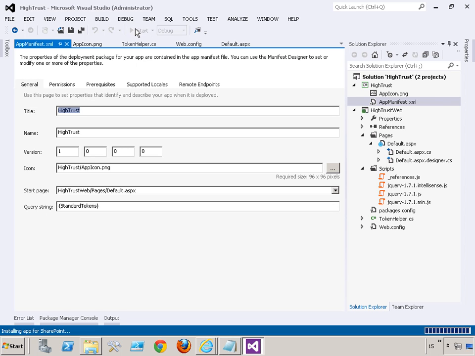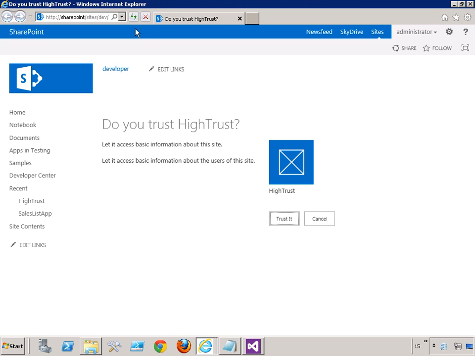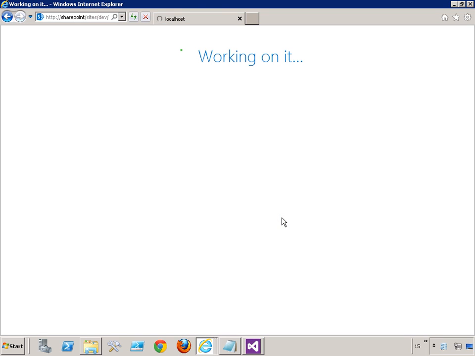And it's going to install the app for SharePoint. And then ask me if I trust it. So this is part of the setup. I'm going to say that I'm going to let it access basic information about the site and basic information about the users of this site. I haven't specified any other permissions beyond that, and that's fine because at the moment the page doesn't have anything on it. When I click Trust It,